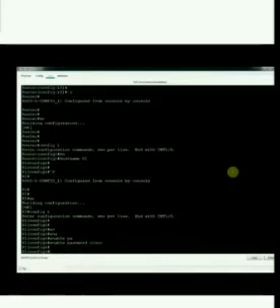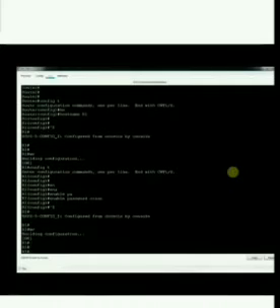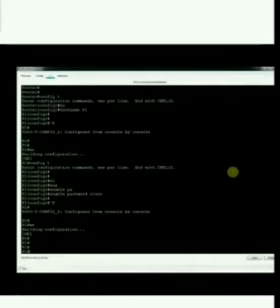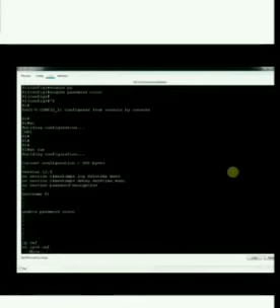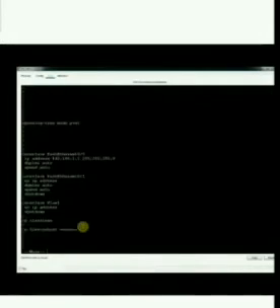Okay, so let me take the backup here. So now we have a small configuration, we haven't done more configuration. If you want more configuration, maybe you will not understand in coming videos, so let me assign the password also, as in our last video before. So we are here, then I write enable password cisco. So now I assigned the enable password also. Okay, press Ctrl Z, and then I will save this configuration.